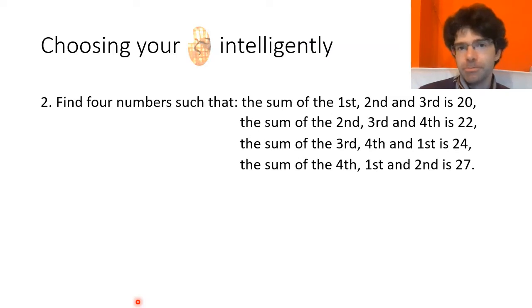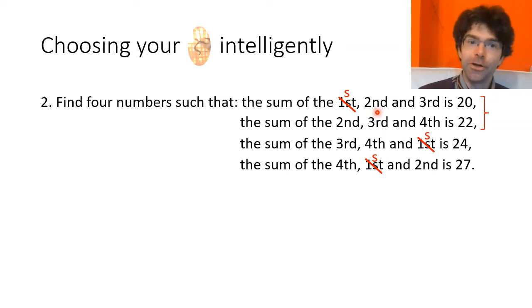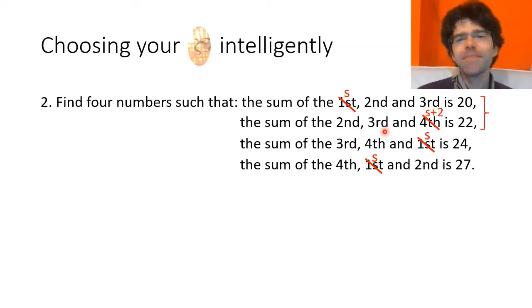Consider this next problem. Now we appear to have 4 unknown quantities, and it's hard to proceed in that intuitive way by labelling one of them as s. With 4 symbols that would be just fine, but with only one, things get very wordy. You end up saying things like S is the difference between 20 and the second and third unknowns. So the 4th unknown, which is 22 minus the second and third unknowns, must be the same as S plus 2, and so on and so forth.